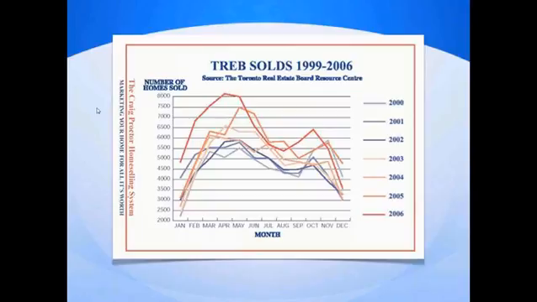However, if I was trying to get your listing, let's say I was meeting with you in January, and you said to me, well, Craig, I don't know whether I'm going to list now or I might wait until the summer, I would use this information to compel you to list it right now. I'd say, well, Richard, if you list it right now in January, we're coming into what is usually the best time of the year. If you wait until the summer, you're going to miss that entire spring market. So absolutely, I would use seasonality, this graph here, in all those different ways.